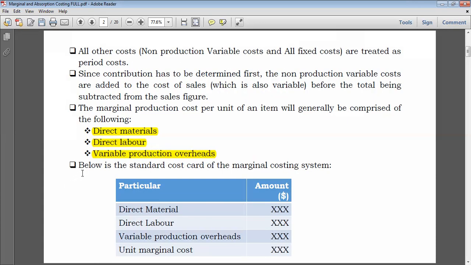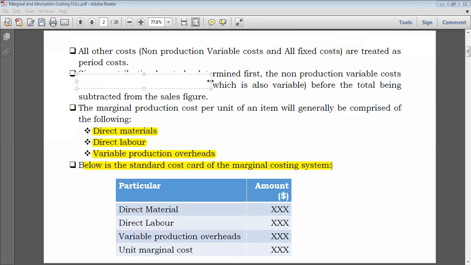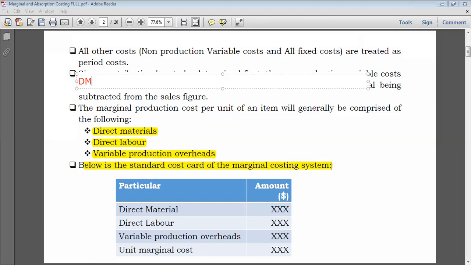All right, so we proceed here. We say below is the standard cost card of the marginal costing system. We presume inventory to be measured based on standard costs. Standard costs are costs that are usually prepared. I think we'll see them. Have you gone through standard costing or not? Yes, already. Also, a nice example on standard cost,